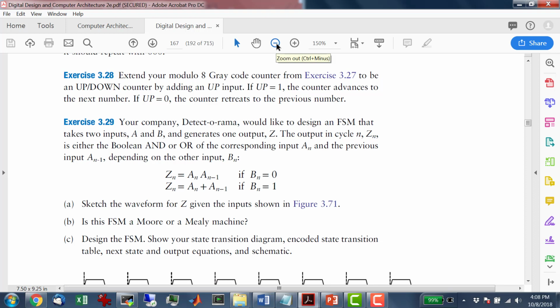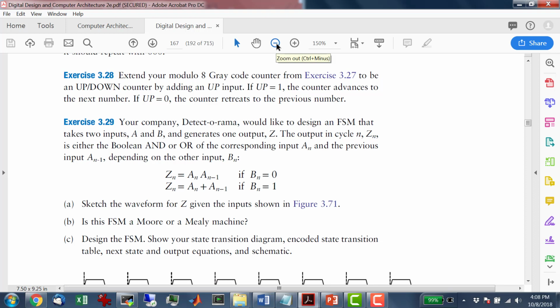What about B, though? Well, B does not influence the state transition. So B is a don't care with respect to the state transitions, right? But it does matter for the output. But because this is a Mealy machine, the output's on the transitions, not in the states, right? So as a result, I've got to put my output over on the transitions here, right? So let's see. Also, by the way,